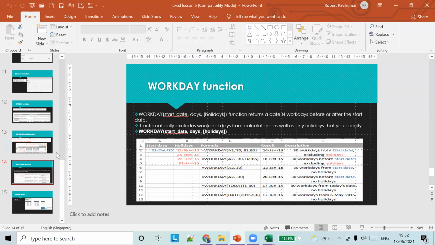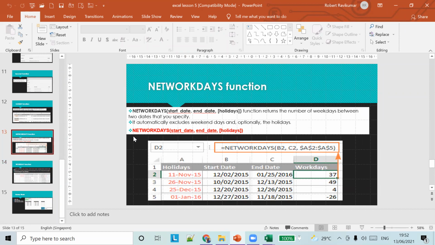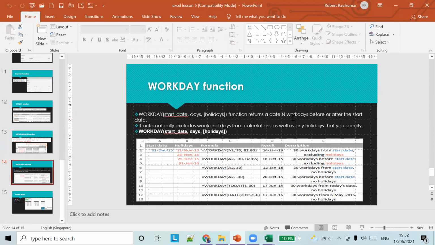See the difference between these two. This one finds the difference between 2 dates, but this one gives you the date after 17 days. Let's say I want to find the date 30 days after today. So let's do that in a function.